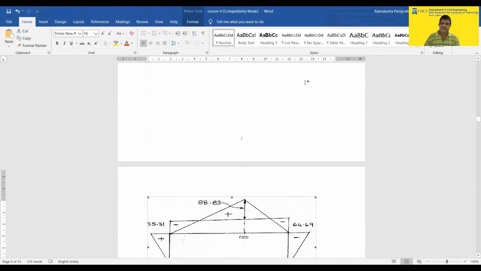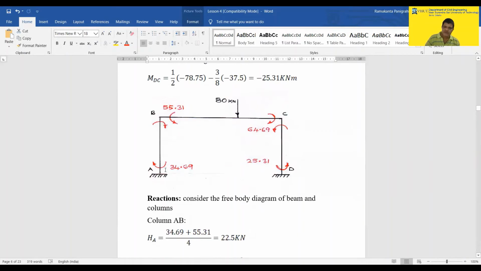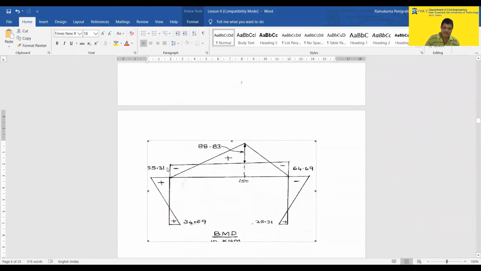So we can again see this diagram at the values. See, this is clockwise, and this is also clockwise, and this also gives clockwise moment. So clockwise means only negative here. So the sign convention is perhaps wrong. This is plus, this will not be plus, this will be minus. So this value becomes minus, not plus. Please make it correct. So here clockwise is positive, and here clockwise means it will be negative, because from this side clockwise is positive and from the other side anti-clockwise is positive. So this sign convention is minus here.